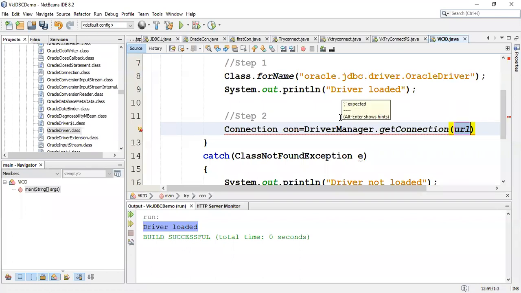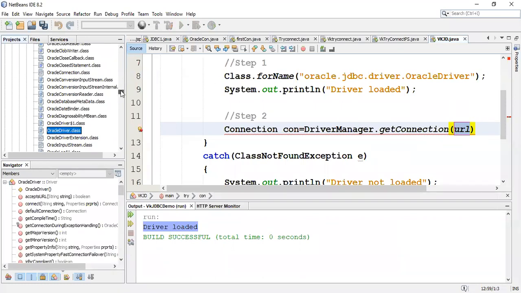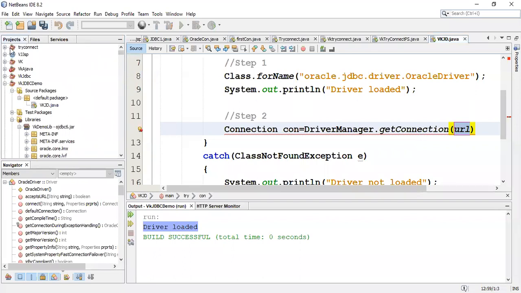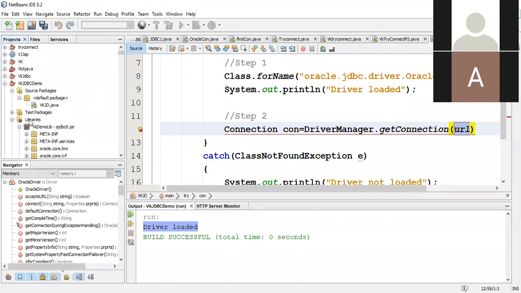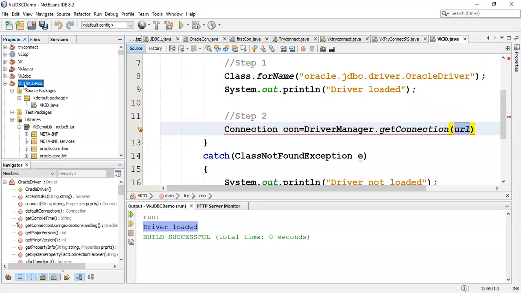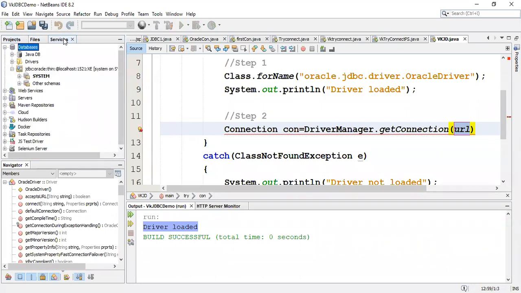So to get that connection string, again I have to go back to this left side. All of you are here at the left side section. Yes, ma'am. Now here what I will do is, I have my BK demo. Select that. Click on the services tab. Can you see your services tab? Yes. First tab is projects. Second tab is files. Third tab is services. Click on the services. Did you understand where I clicked? Yes, ma'am.